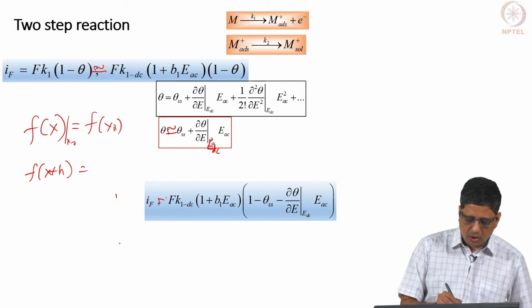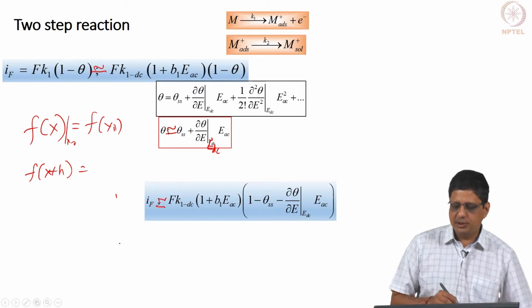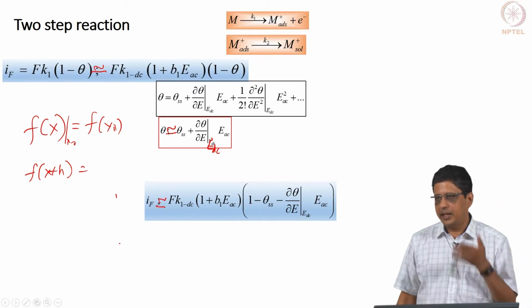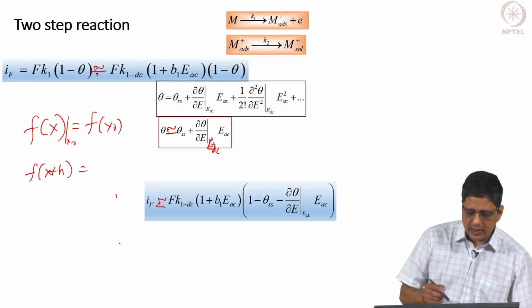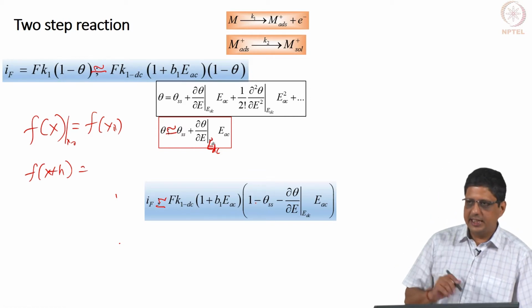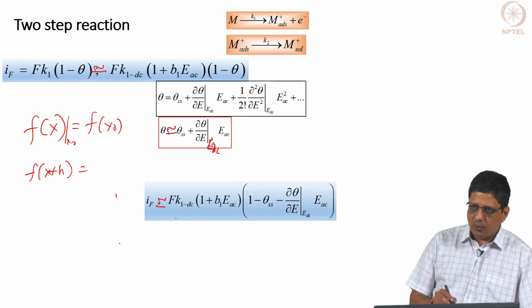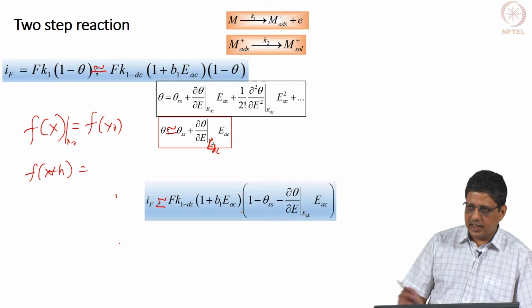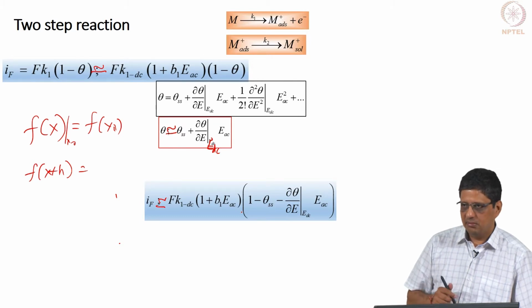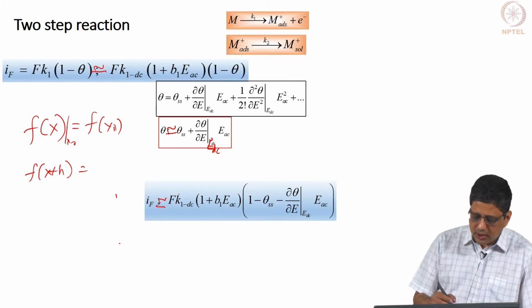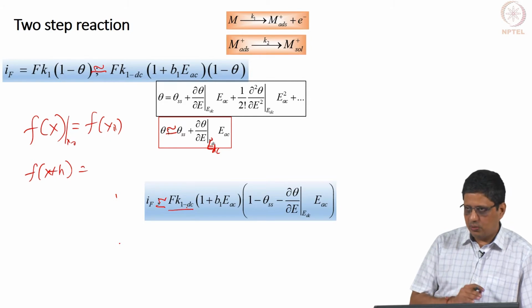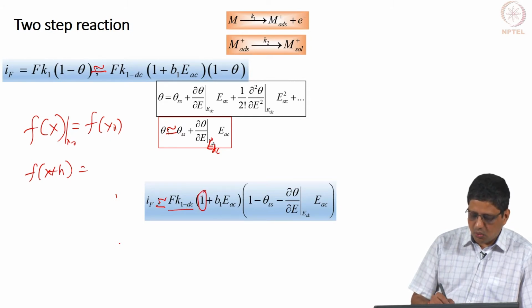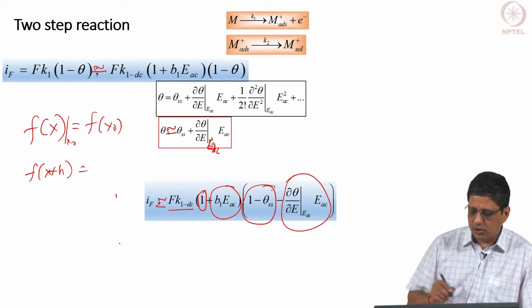Which means I can go to the original current equation, please substitute and write this. So, originally this equation was f k1 (1 minus theta). Instead of k1 we are writing it in Taylor series and then truncating. Instead of theta we are writing it in Taylor series and truncating. Now, I want you to do this: f k1 dc remains outside, this is one term here and another term here. Here I would like you to consider this as third term and this as fourth term.